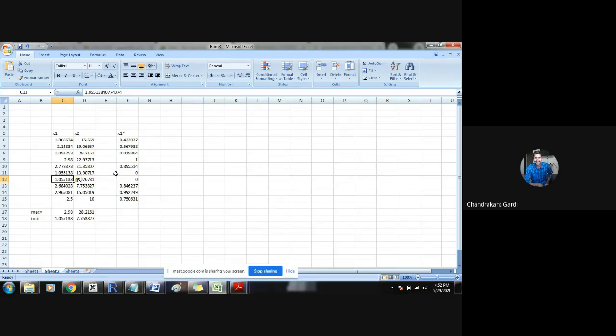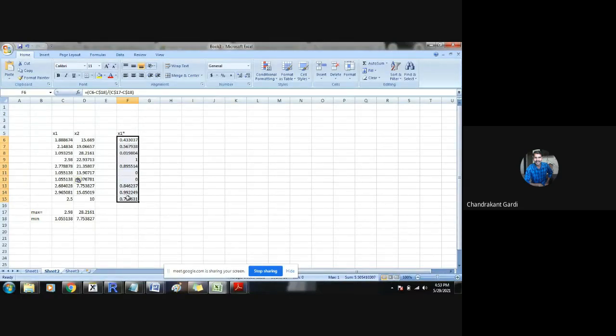So if the minimum is attained at two different points, then we will have two zeros, but at least one 0 we can guarantee. So there will be at least one 0, at least one value of 1, and all other values are in between 0 and 1. So we have transformed the given data on a scale of 0 to 1. This is nothing but normalization or standardization of the data. This x1 is now standardized and mapped on a scale of 1. So on a unity scale, we have mapped the entire data.